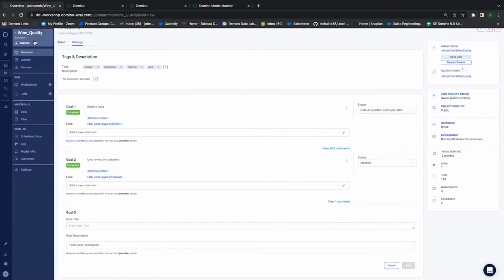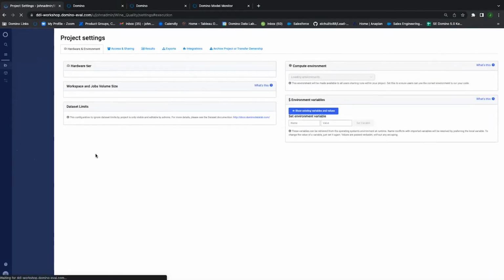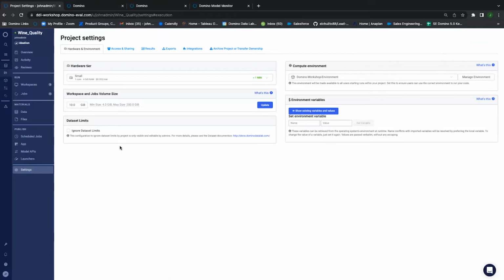When you're in a project, you'll see there's an option that says settings in the left blue nav. If I select that option, that's going to give us the capabilities to handle, for example, the type of hardware tiers you want to make available to users or add collaborators and give them certain permissions. Inside the hardware environment, you'll see that I can select my hardware tier. I'm going to show you that in a moment when we go to a workspace. It's basically a way to define what you want to assign to a project, by default in the project section, so that when collaborators working together want to build a workspace environment, which is interactive, or run jobs, they'll use this default hardware tier unless they choose to change it themselves when they're building those environments. And I'll show you what I mean when I say that.